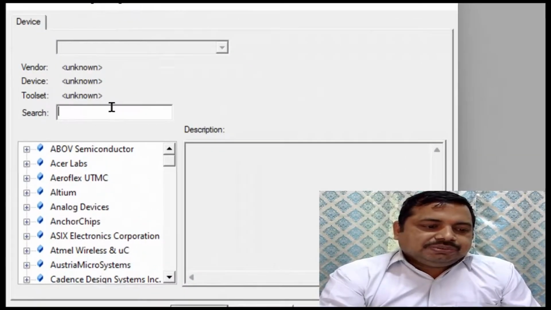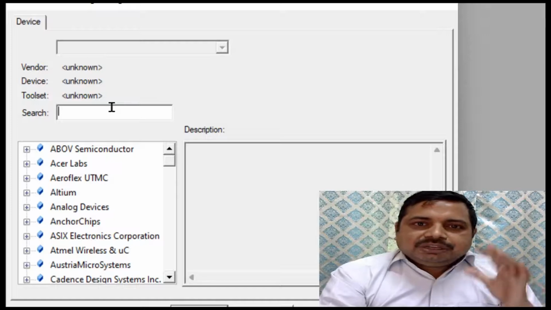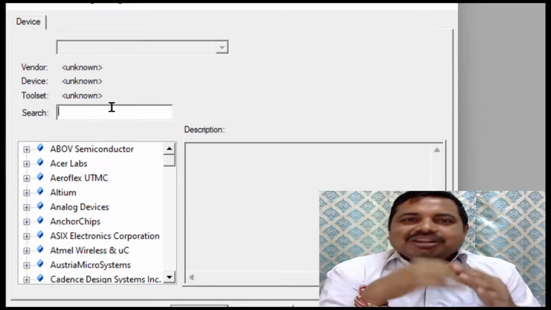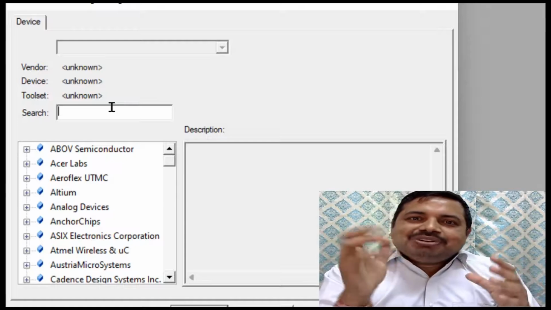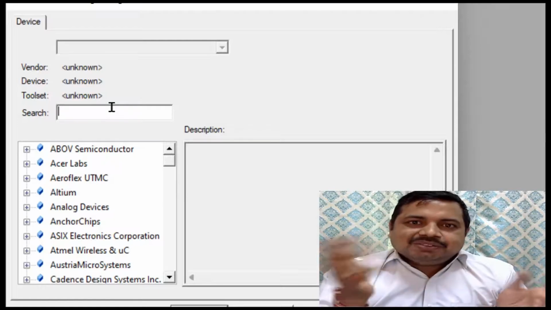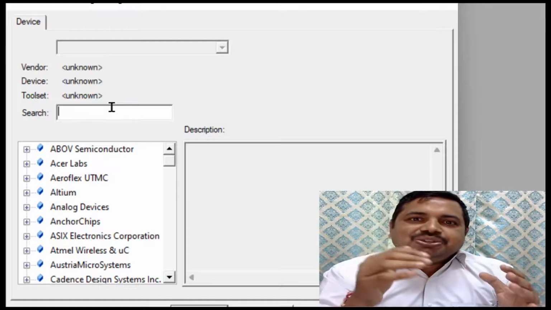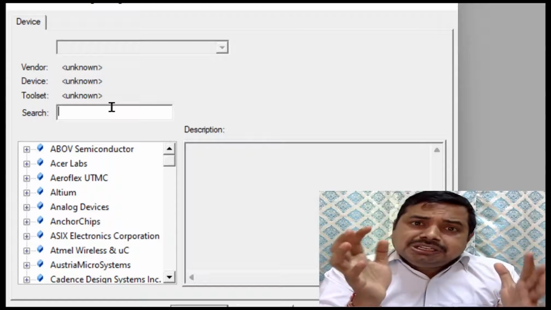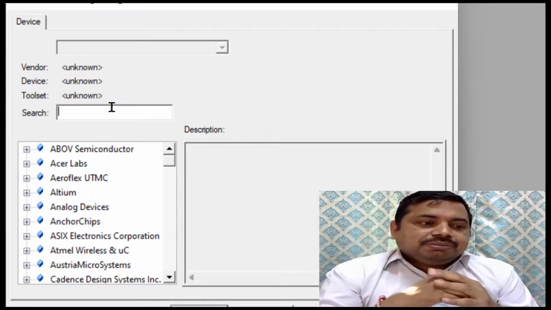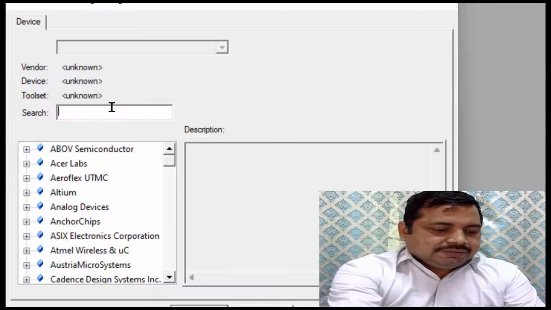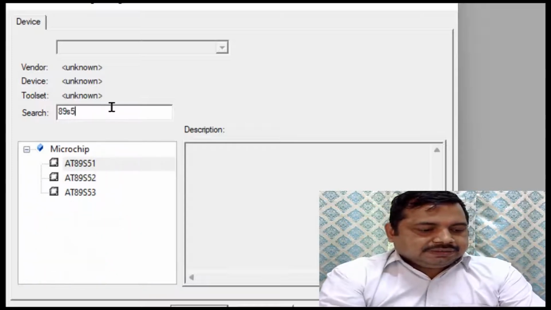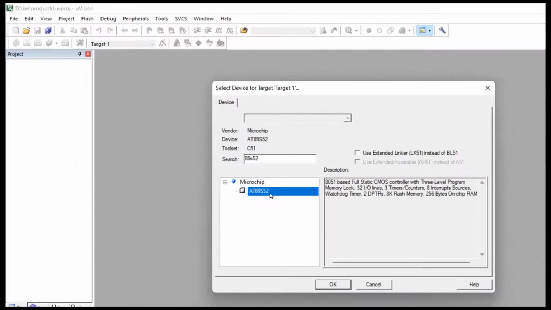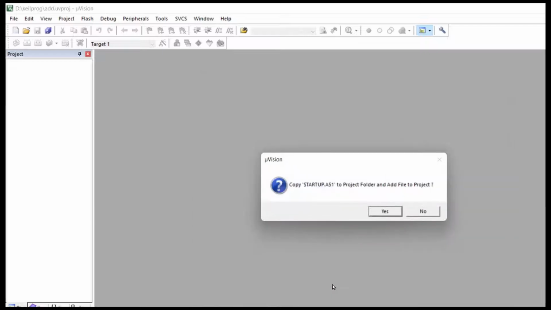Once you have done that, we have to select our controller. Friend, don't be obsessed with wanting this controller or that controller. Once you know how to drive a bike, you will be able to drive any bike. Once you know how to drive a car, you will be able to drive almost every car. Slight changes will come, but you will easily be able to accommodate them. So our microcontroller here, we'll choose 89S52. A little later you will be able to do this with any microcontroller. Just follow us with this microcontroller.